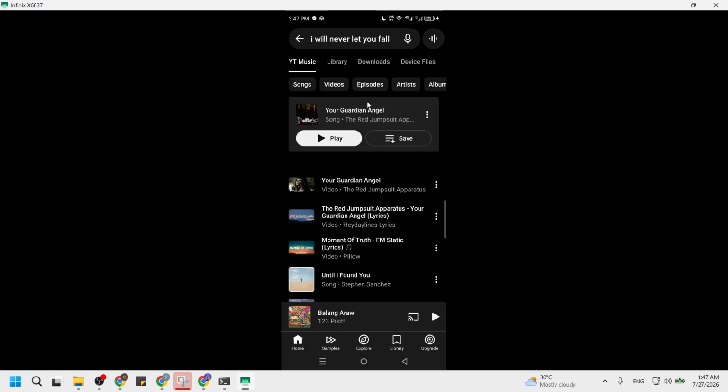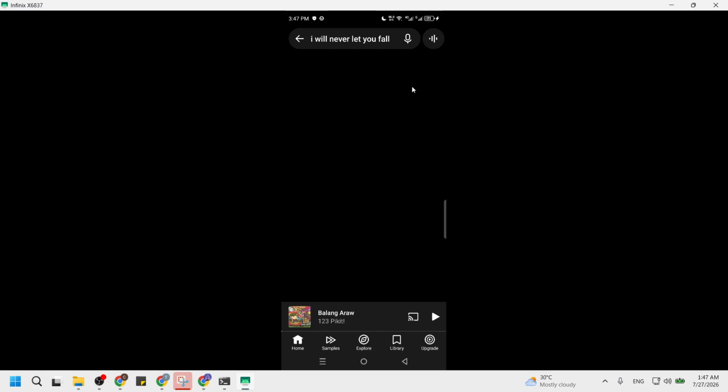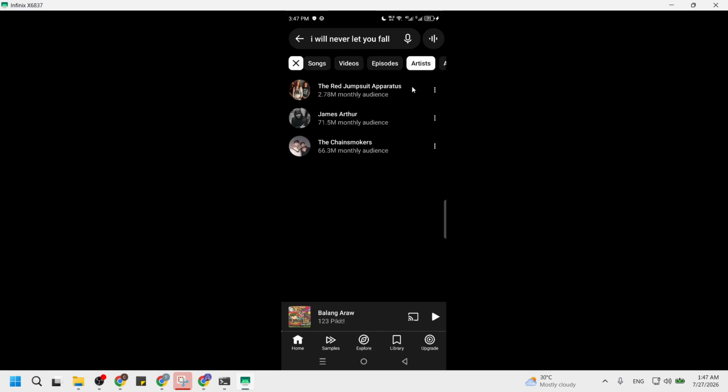After that, once your initial results load, a row of filter chips appears at the top of the screen. Tap one to narrow down your results, like songs, videos, albums, artists, playlists, or featured profiles. When you tap a chip, the list below instantly updates to show only that type, so choosing songs hides long videos and full albums. Beginners often forget these chips and scroll forever, so always glance at them first if your target type is missing.